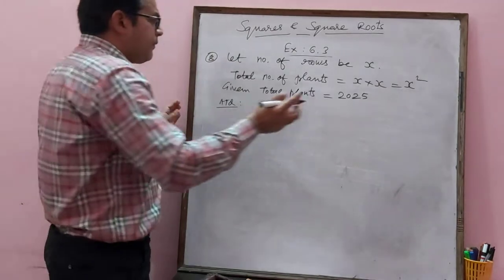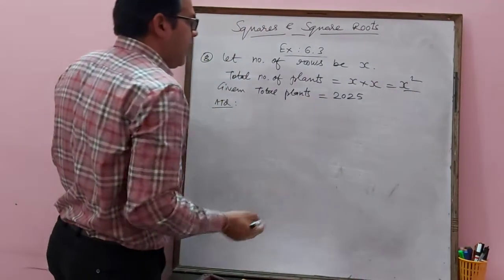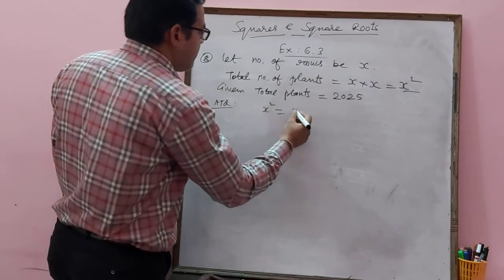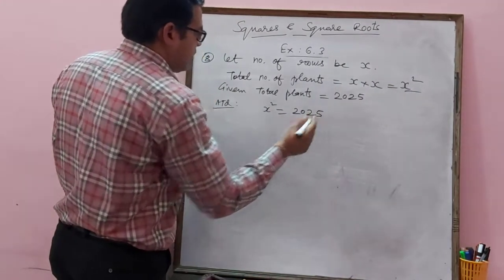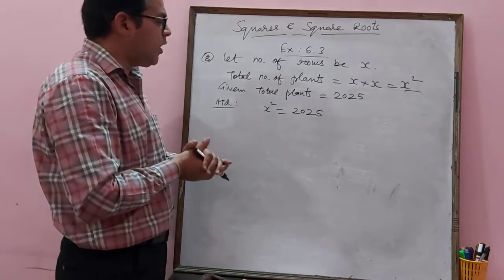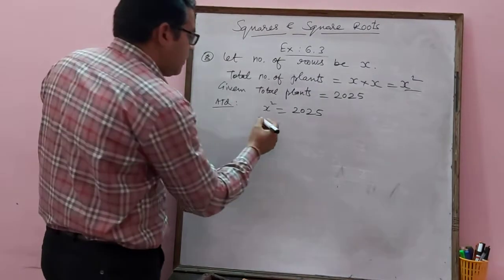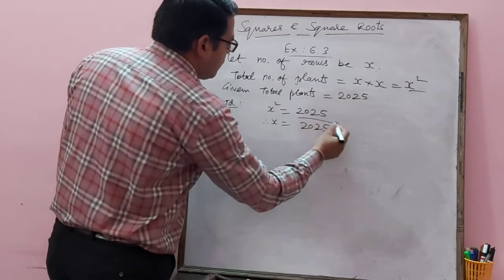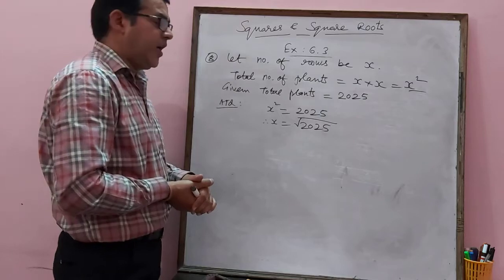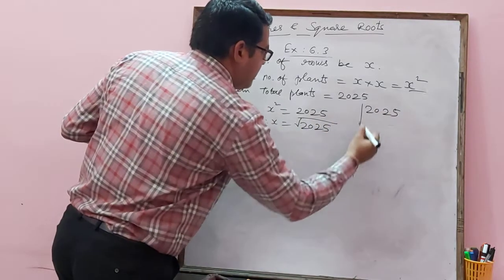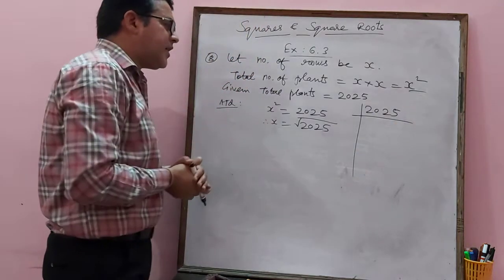So number of plants is x square, and this is also number of plants. So we can equalize these two relations of plants. It means both are plants, they will be equal. So x square equals 2025. So what will be x here? Square root of 2025. So now let's find prime factors of